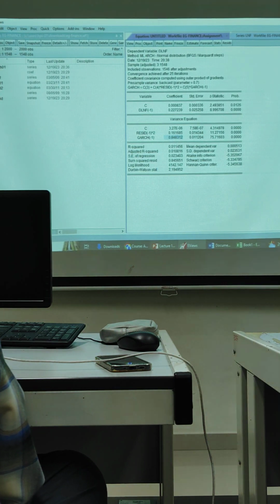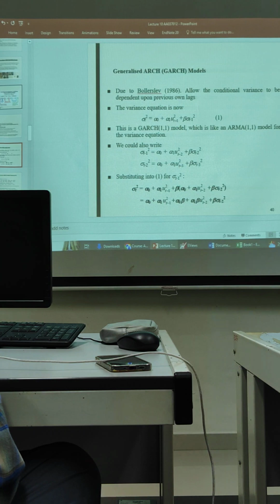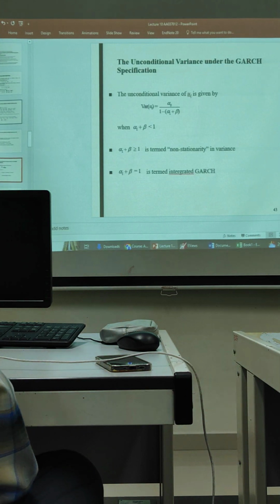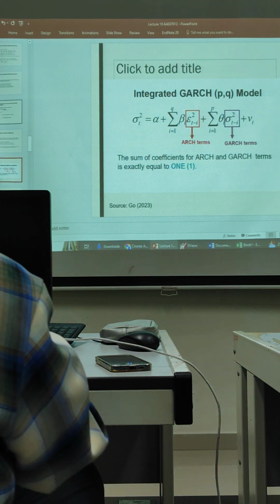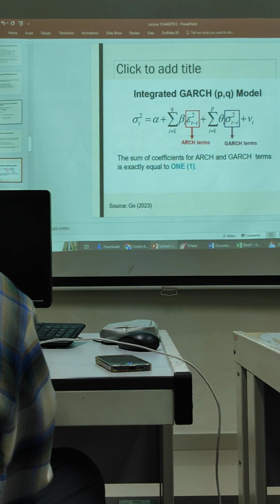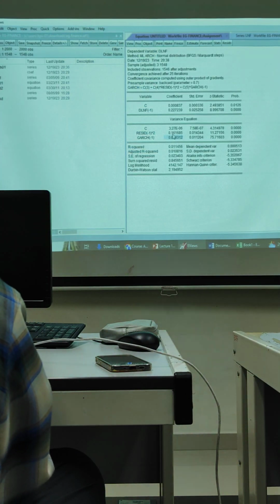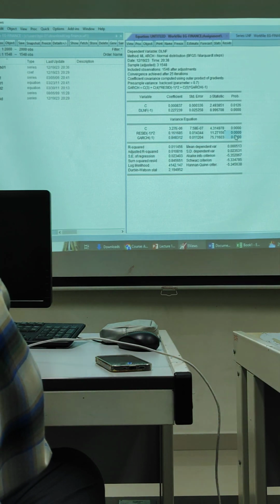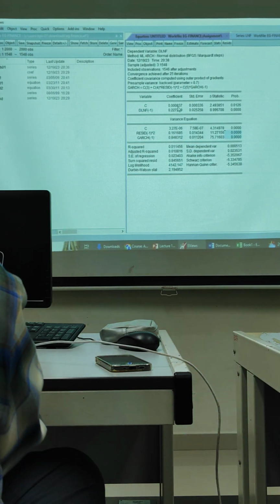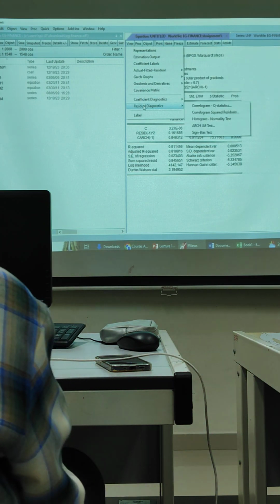So actually, what is the purpose of this GARCH? We can test. If you go through the slides later, you can test whether there is a GARCH effect or not. Actually, we have an ARCH term and a GARCH term now. Normally in EViews, you see whether it's an ARCH effect or GARCH effect. In our result, both are significant.